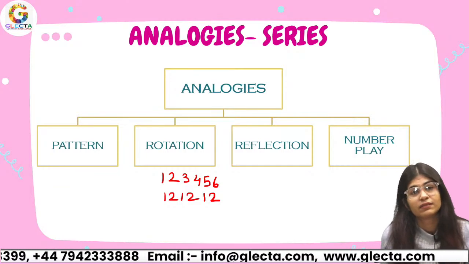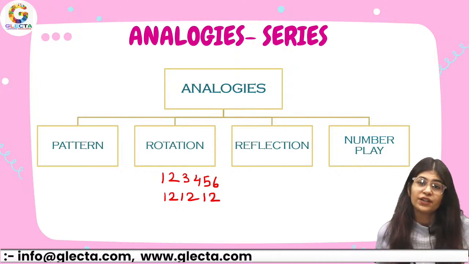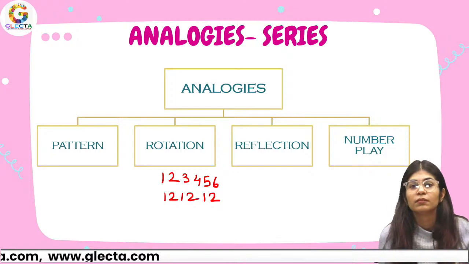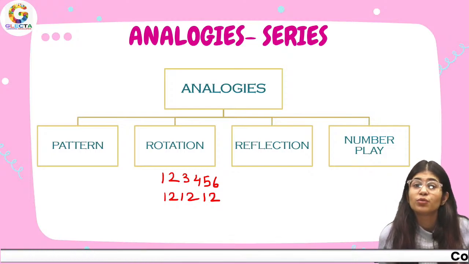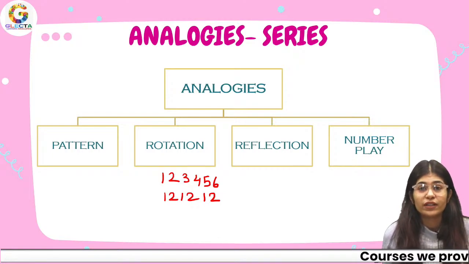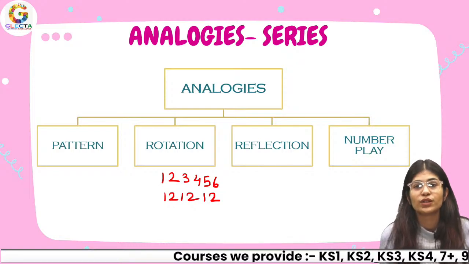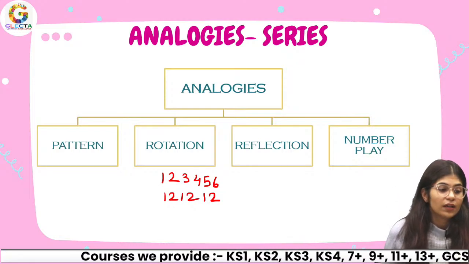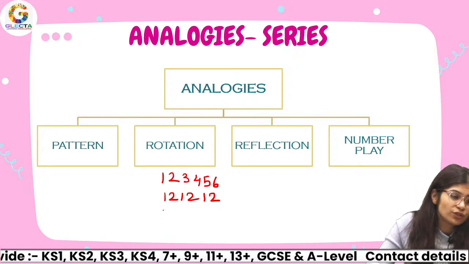Yes, Aradhya, water image is horizontal flipping, while mirror image is vertical flipping. But instead of using the word flipping, because it sounds different, use the word reflection. So water image is horizontal reflection, while mirror image is vertical reflection. Now once we're done with these 2 types of number play, let's move on to the third, which is 1